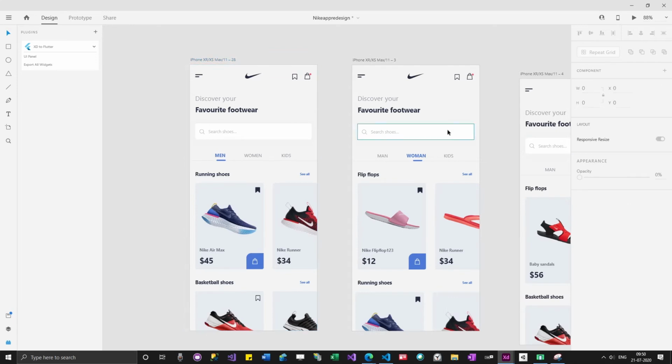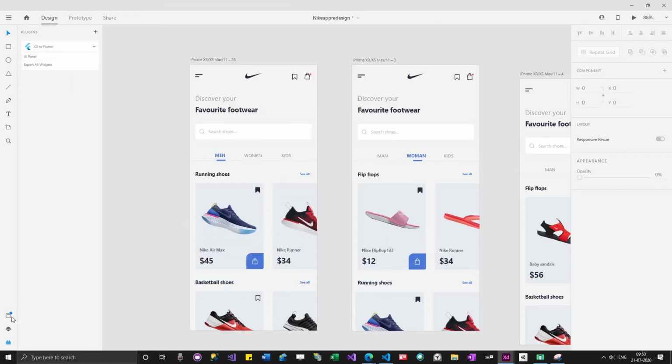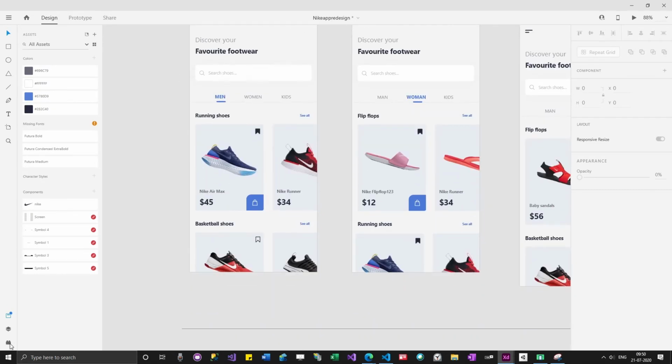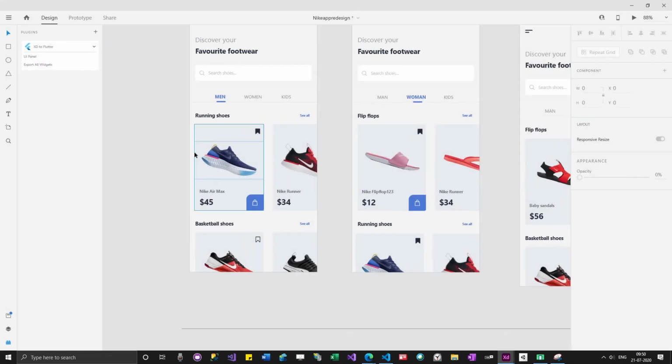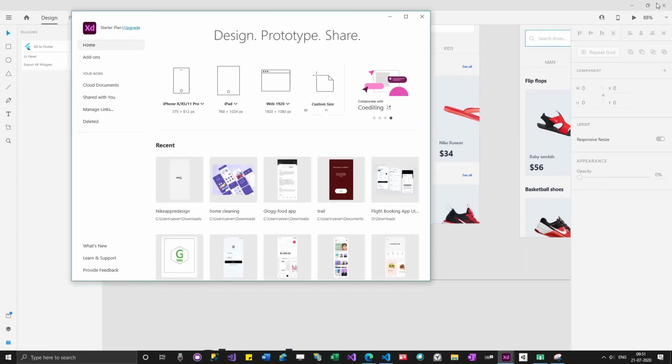This is where the Adobe XD plugin will come into picture. So you will be having this screen, right? I'm going to go to plugins, XD to Flutter plugin, export all widgets. Okay, nothing has happened. Let me close this.